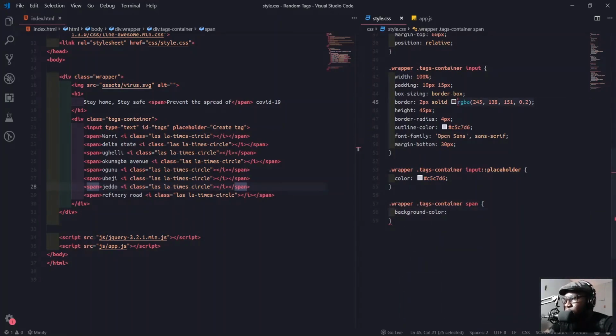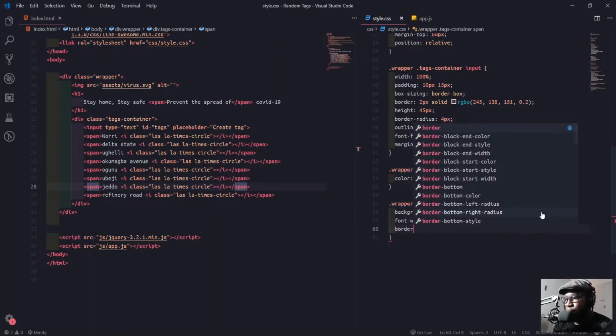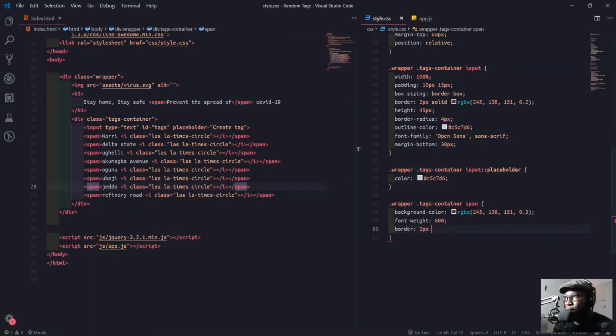We'll use RGB, just that we're going to increase the opacity small this time, like this. Okay. Then we'll give font weight 600, and the border with 2 pixel solid RGB.